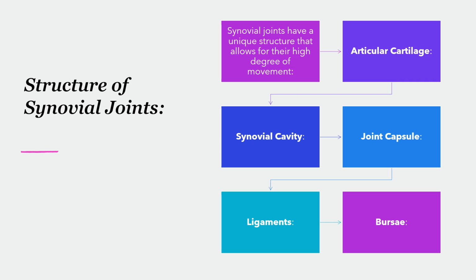joint. They have a synovial membrane. This lines the inner surface of the joint capsule and produces the synovial fluid. They have a joint capsule. So this is a fibrous capsule that encloses the synovial cavity, providing stability while allowing movement. They have ligaments. Now, these are tough bands of tissue that connect bone to bone and provide further stability to the joint. And then they have bursae. Now, these are fluid-filled sacs found in some synovial joints, such as the knee, which helps reduce friction between tendons